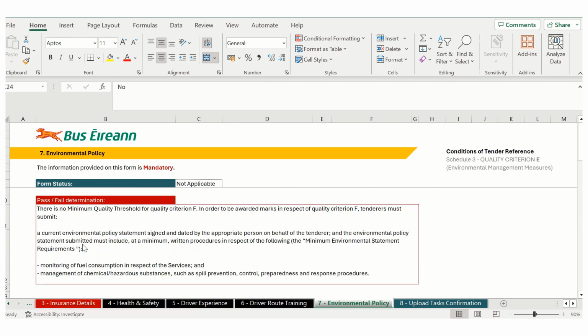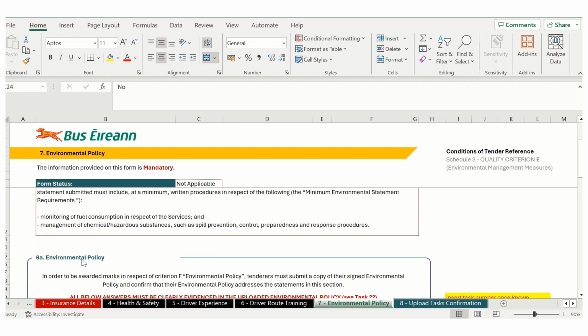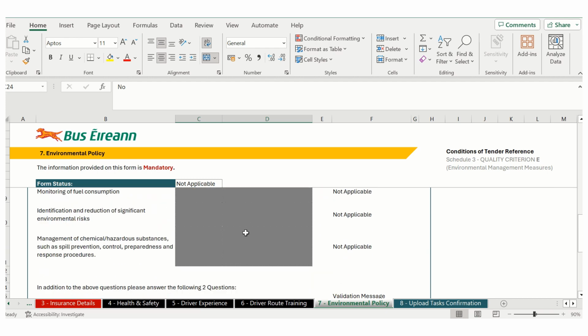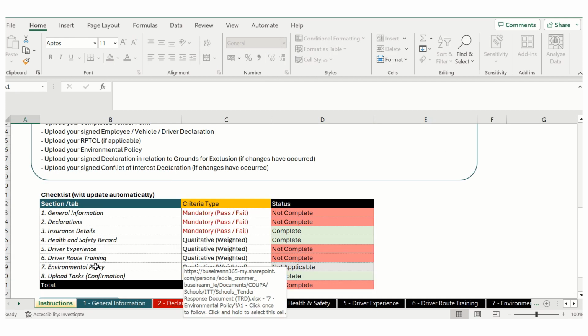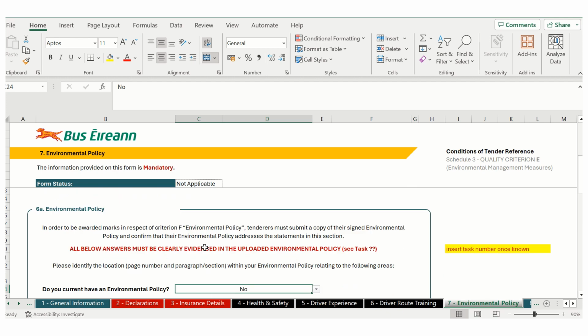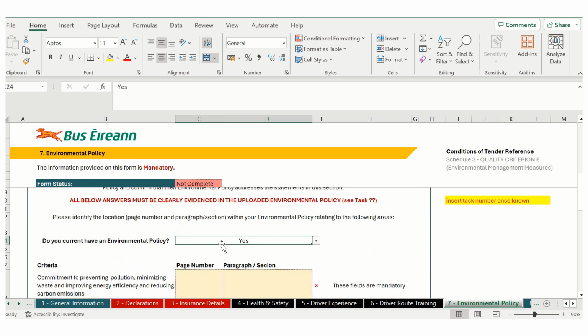Again, this is all explained here, no minimum requirement, but if you do have a current policy, the following must be adhered to. So the first section here, you go into and it states, do you have an environmental policy? If you don't, you just simply click no, and it will grey out all the fields there, and if you go back to instructions, it will see there, environmental policy not applicable. However, if you do have an environmental policy, you click yes,